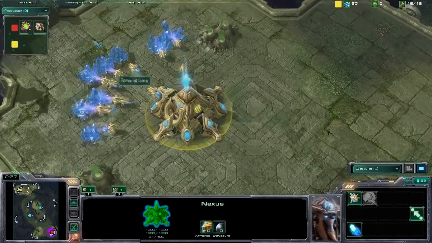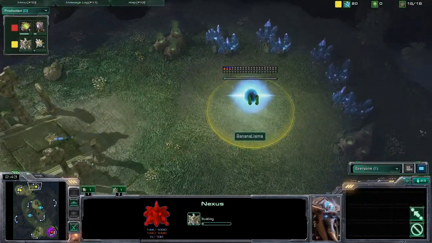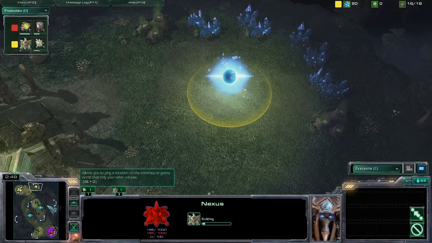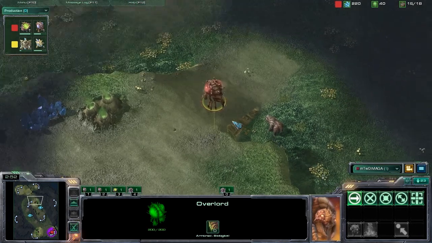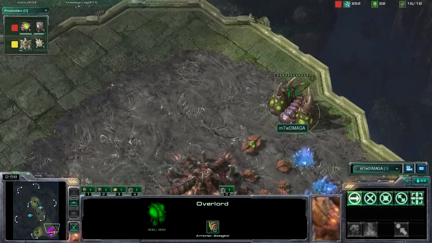In the previous game I mentioned that this is sort of what Zergs are doing every single game now, because it's such a risk. And wow, look at this ballsy move by BananaLlama. That is very brave, I'm going to say there. He hasn't even got anything that can produce a unit at all that isn't a probe, and he's going for